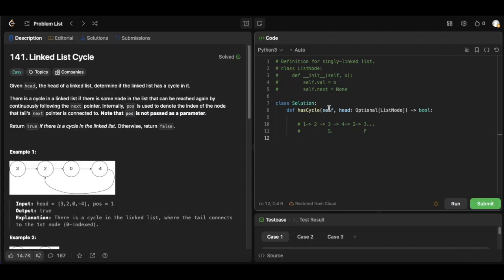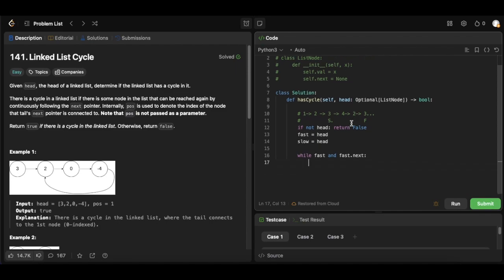We can start off our code by checking to see if we have a null linked list. So if the head does not exist from the get-go, we know that we have a null linked list, and so we can return false, because if there is no linked list, there is no cycle. Otherwise, we want to initialize our fast pointer to the head and the slow pointer to the head. And while the fast pointer exists and it has a next, meaning that it never reaches null, and we need both fast and fast.next to be checked because we know that we're moving the fast pointer twice during each iteration,